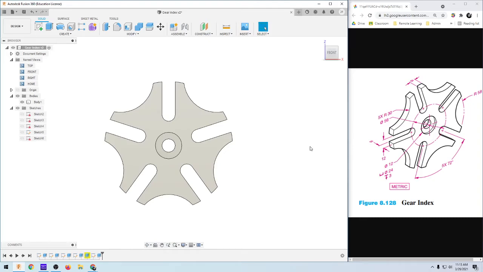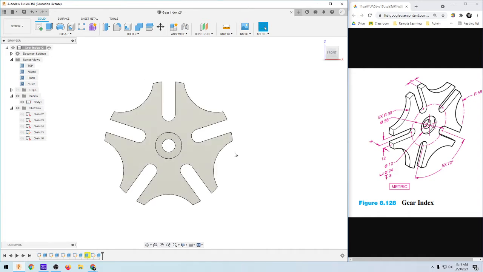Hello and welcome. This tutorial is going to be an introduction to Autodesk Fusion 360, and I'm going to go over some of the key aspects, the graphical user interface, and some of the different tools associated with Fusion 360. I am new to this program, so there might be a few bumps along the road, but that's part of learning, so it'll all work out, and we will actually end up